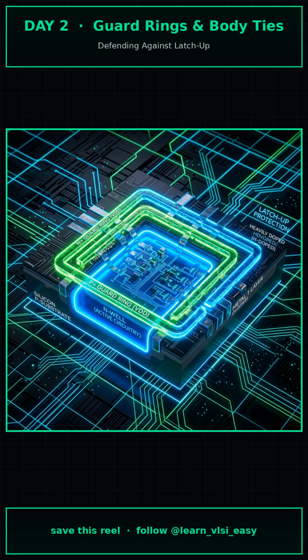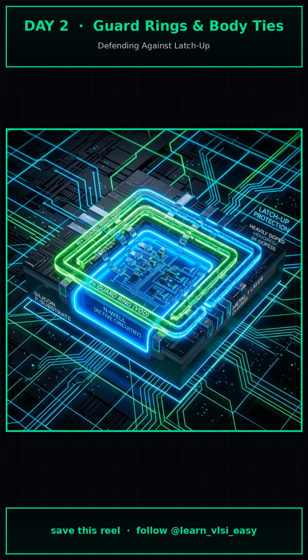In high-risk circuits like input-output pads, we go even further. We encircle the entire transistor with continuous perimeters of these body ties, forming what are called guard rings. These guard rings act as a robust electrical moat. They intercept and safely absorb any stray injected currents, ensuring the parasitic thyristor never sees enough voltage drop to turn on. It costs precious silicon area, but it is the absolute price of a reliable chip.